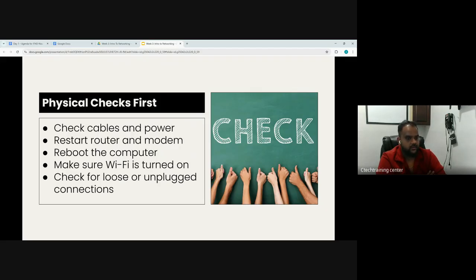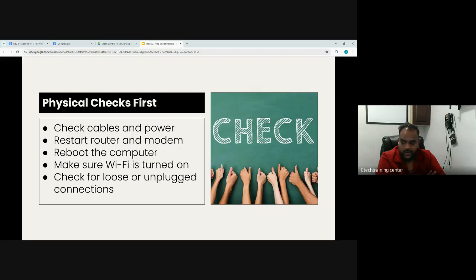Like push it back in. Sometimes in hospitals and a lot of workplaces, when the desktop is on the bottom or even the laptop on the top, the cable comes from the bottom. When they kick their feet, they might have pulled the cable out or pushed the cable so far in that it's damaged. Tell them to check and disconnect and connect from both ends, right? From the socket and from the computer. Just connect it back in to get the connection back. You'll be surprised how many times you'll be able to fix the issue.